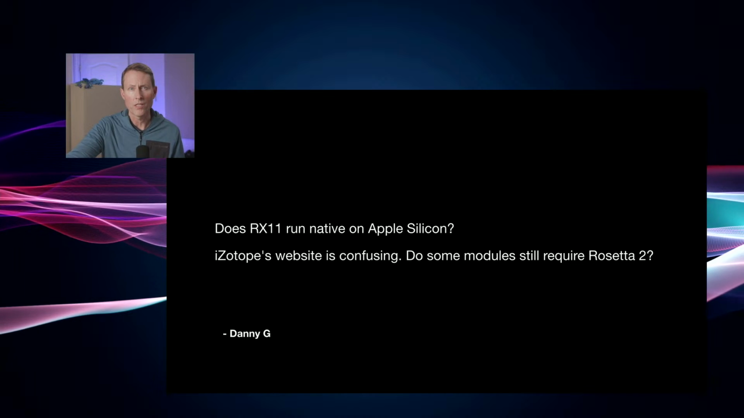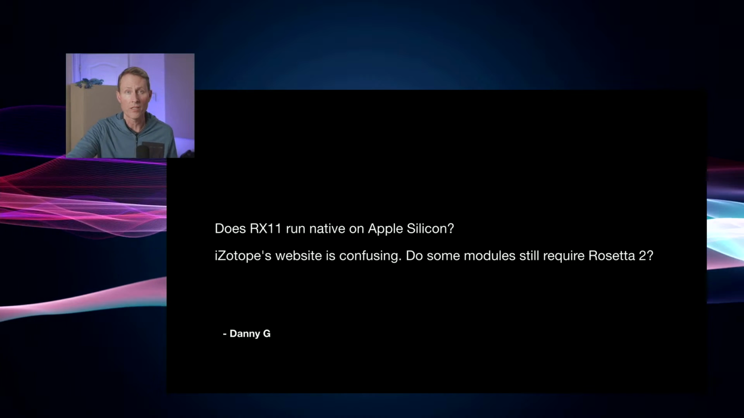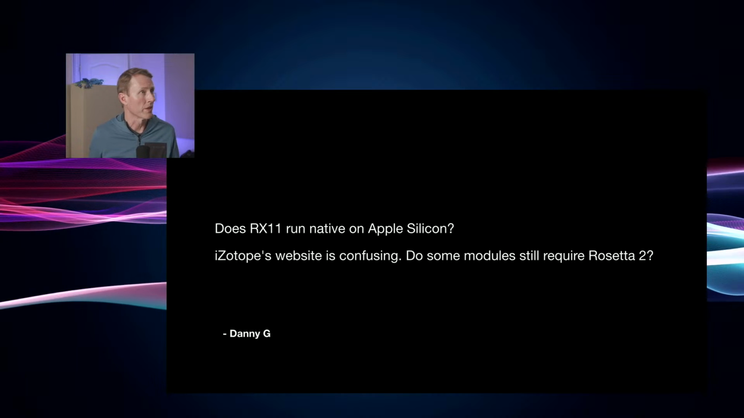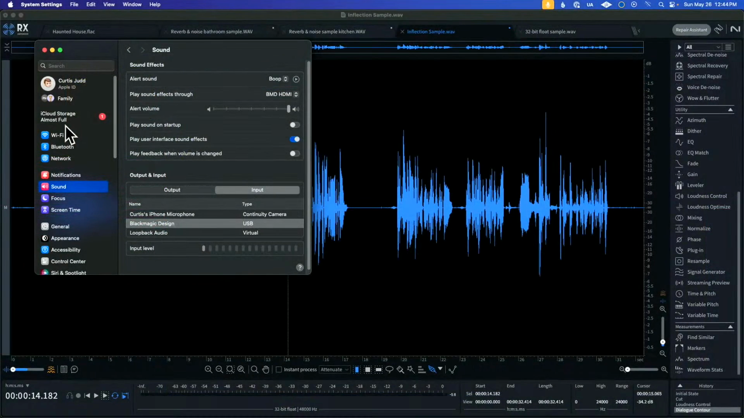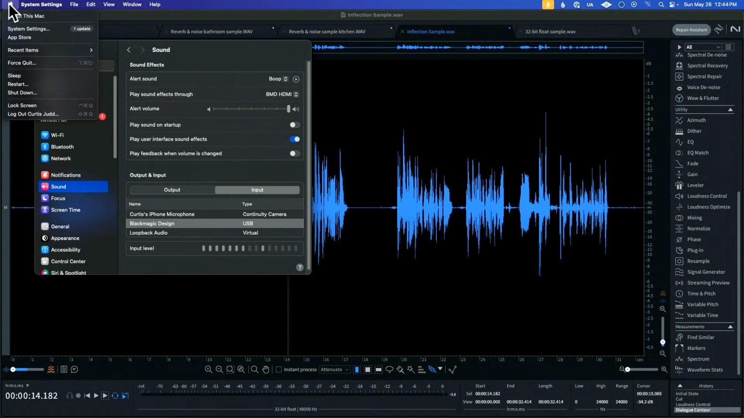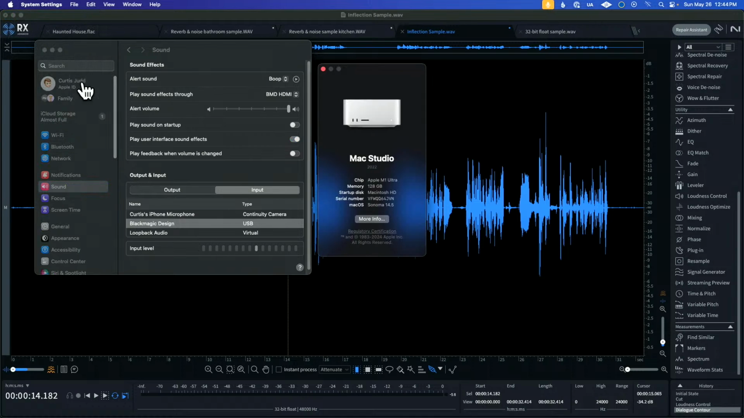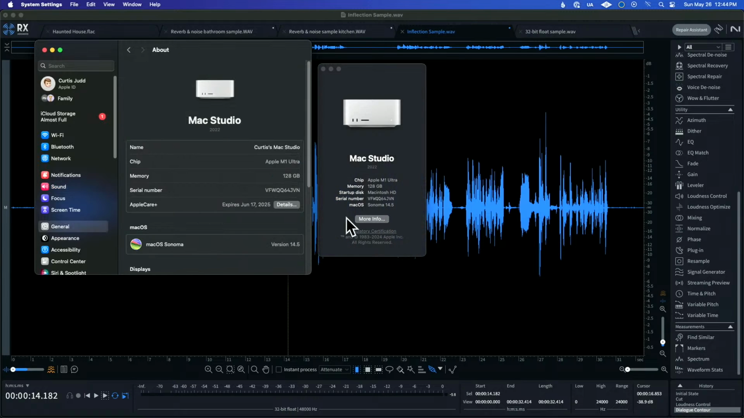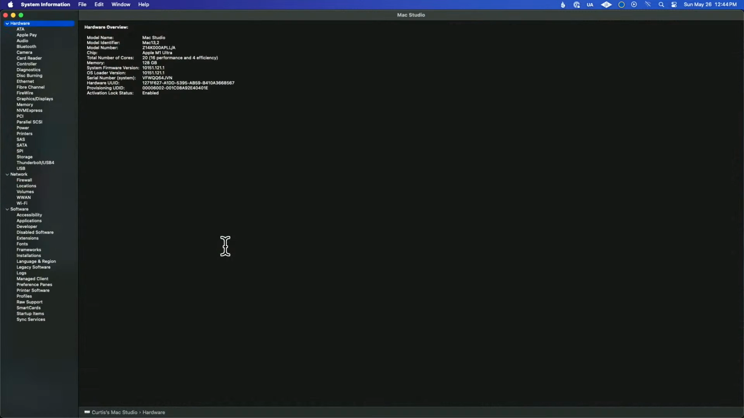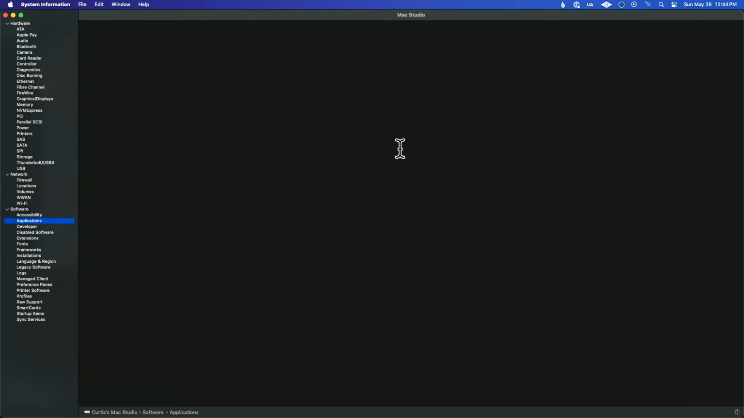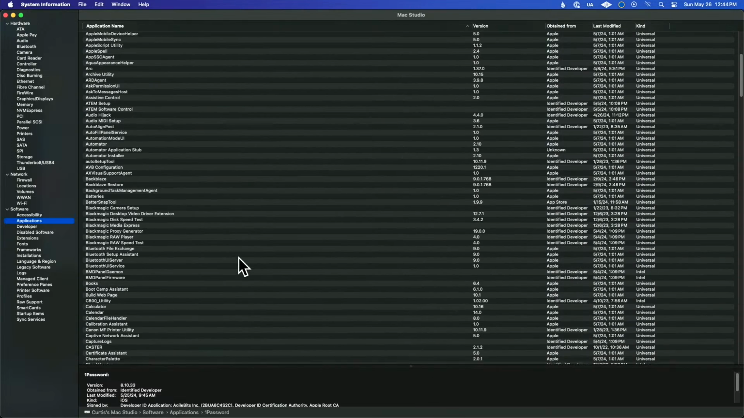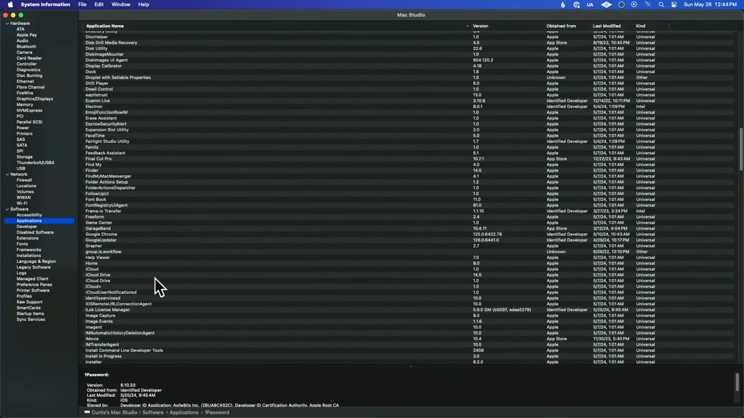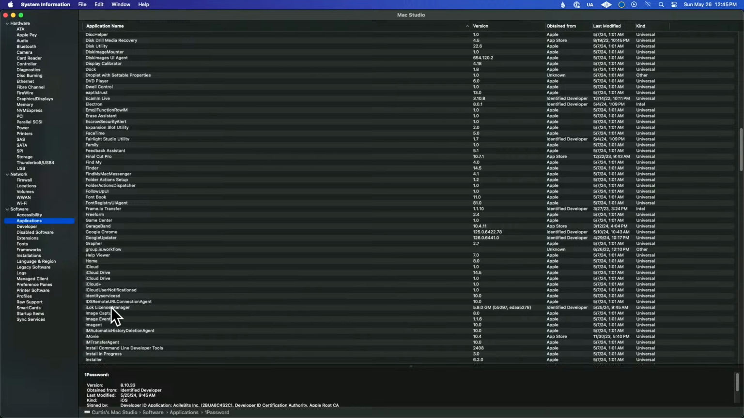Okay, next question. Does RX11 run native on Apple Silicon? iZotope's website is confusing. Well, let's take a look. So if we come back over to the Mac, the way you can find out if an app is Apple Silicon native or not is you come over into About This Mac, you choose More Info, you go to the bottom, you get your system report, you come down to Applications, takes it a moment, it has to read all the applications on the drive. We're going to go ahead and scroll down to iZotope,